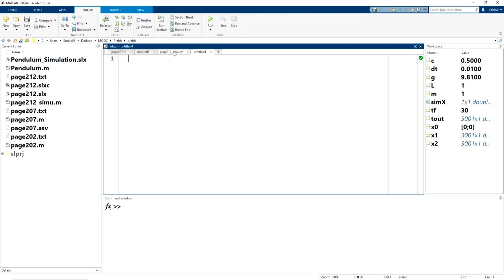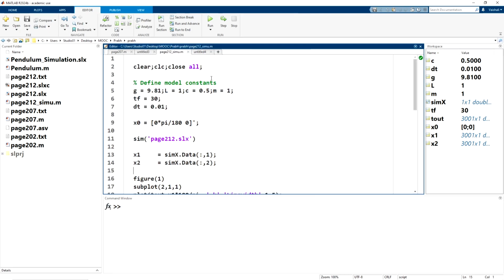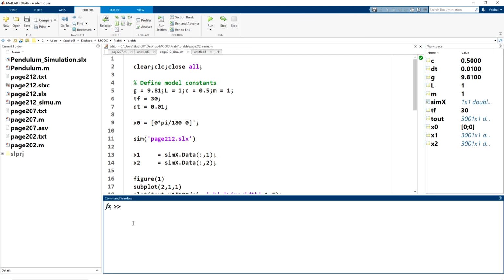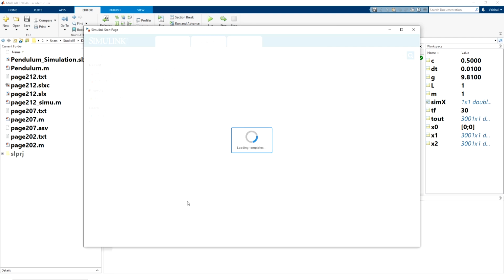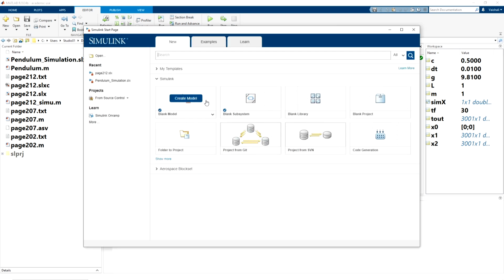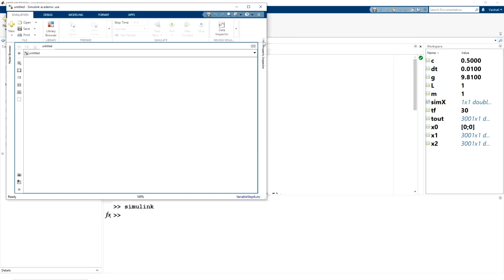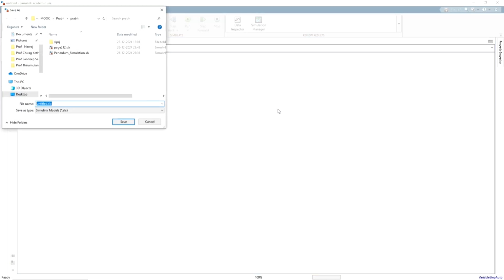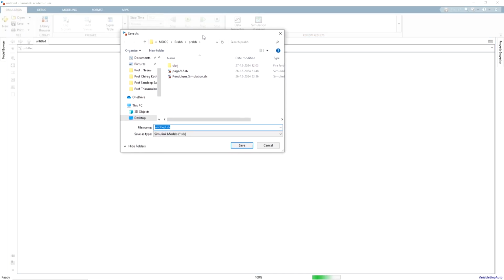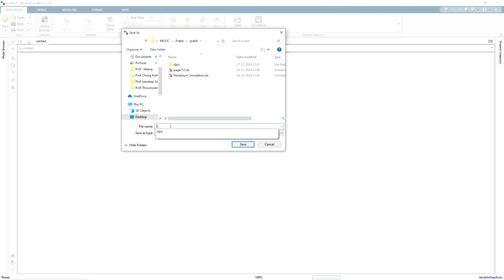I'll take a new file, or you can go to Simulink and click on create model, and save this model in your working directory. I am naming it Simu test.